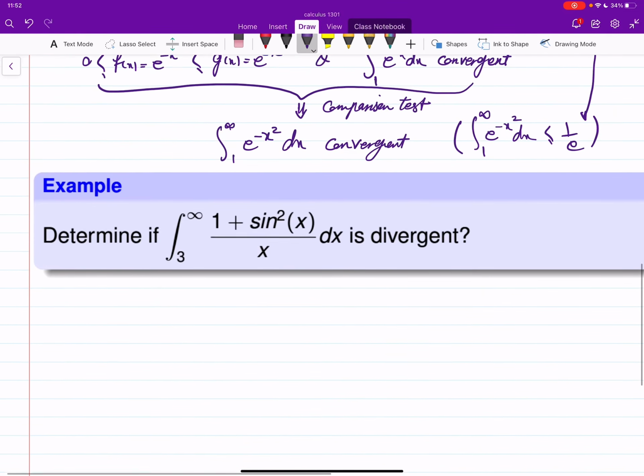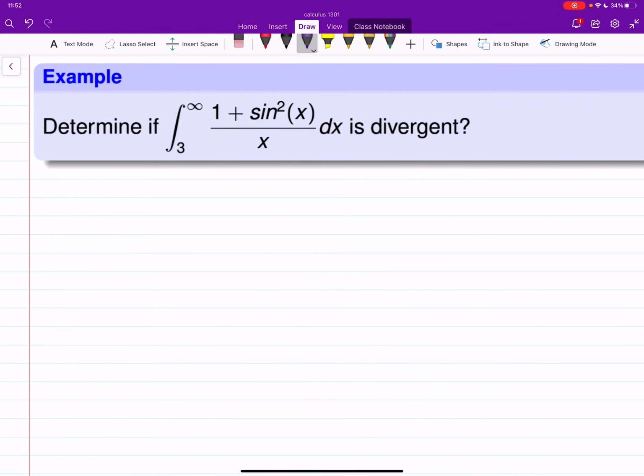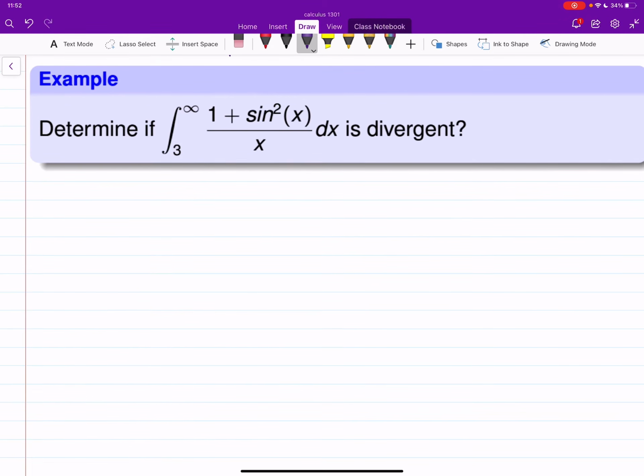Let's do another example. Here I have 1 plus sine squared x over x. I'm going from 3 to plus infinity. One thing to note, that if there was no x there, this was an easy integral to evaluate, but now with x there, we are in trouble. It's not going to be an easy thing to do. Well, let's start then working on